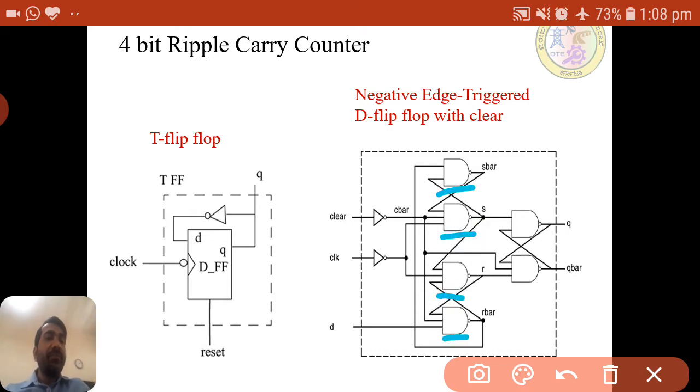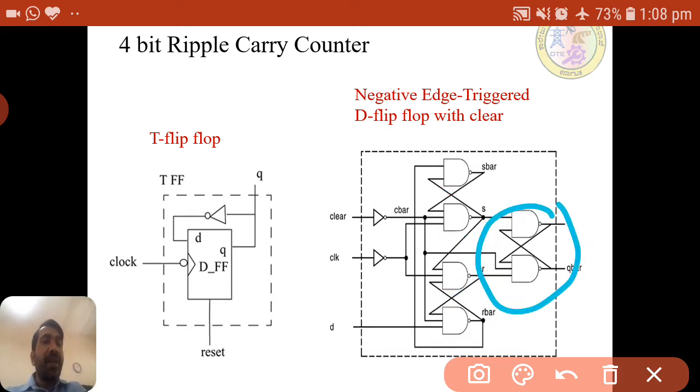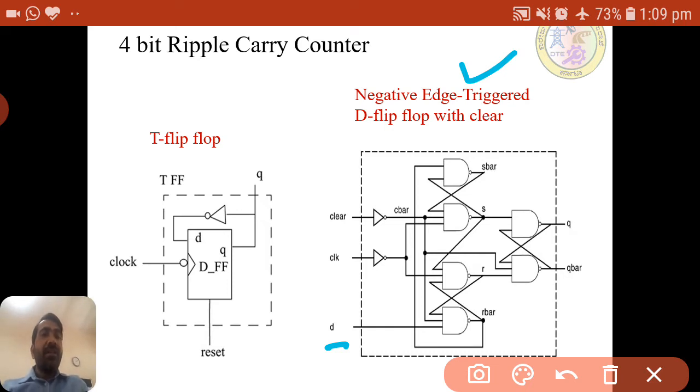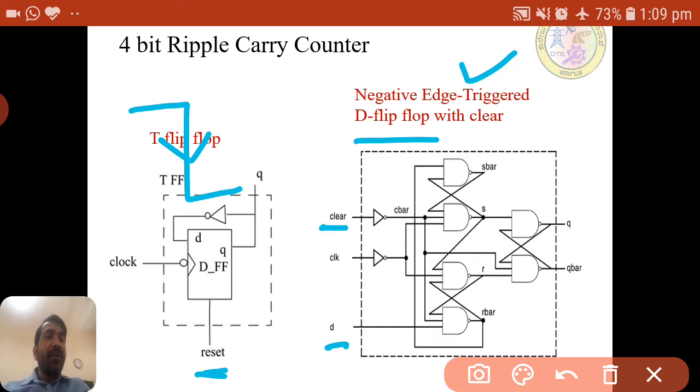We are using gates, latches. This is one latch, this is one latch, and this is one latch. By using 3 latches we can represent the D flip flop with negative edge triggering, as I told in the previous slide. So this is a negative edge triggered flip flop, the D flip flop with negative edge triggered with a clear signal. Here, instead of reset or clear, they have given a reset signal; both are the same. So with the clear signal, D and Q bar, it will give the output like this.